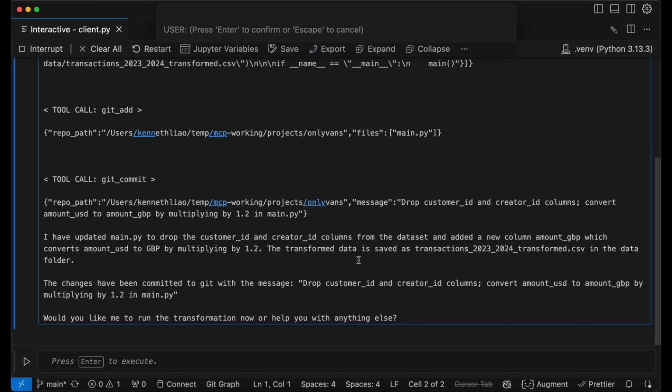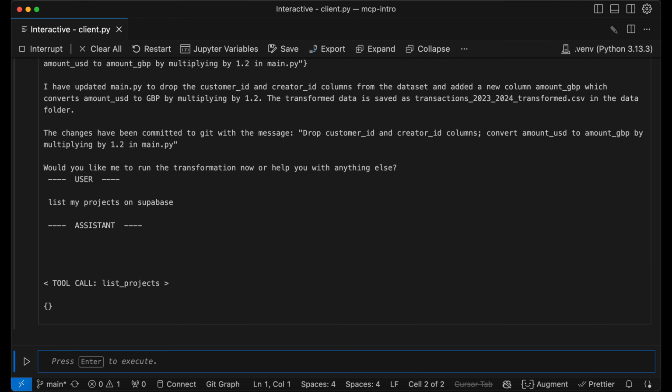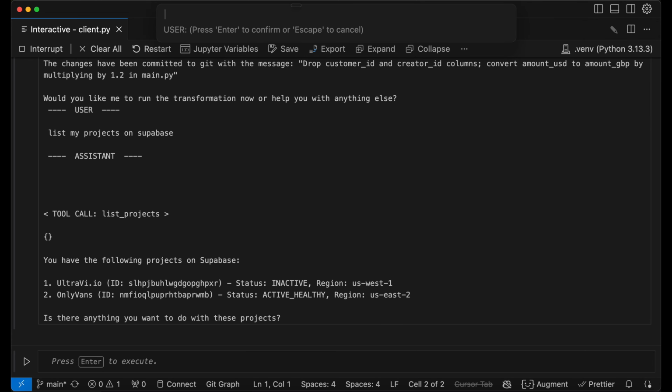So finally, I want to also demonstrate, I set it up with Supabase, and it has my API key, so it has access to my Supabase account, and I can ask it, this is going to be totally unrelated, but I'll say, list my projects on Supabase. So for example, if you want to set up an agent that works with your existing workflows and set up some automations or whatever, here you can see how you can manage all of your Supabase projects with this same agent. So it's able to see that I have 2 projects, it gets me the IDs,